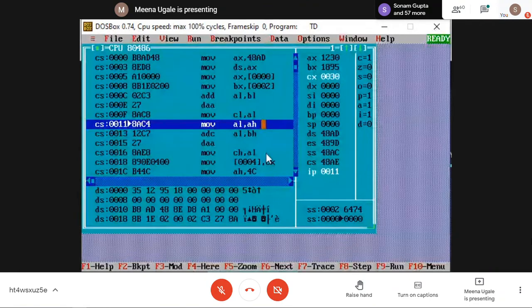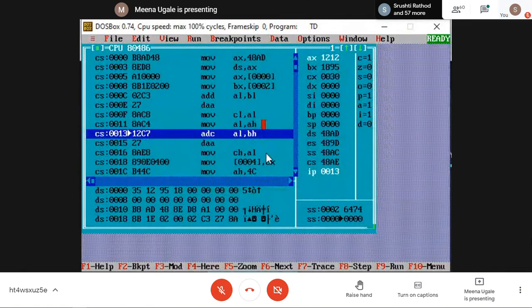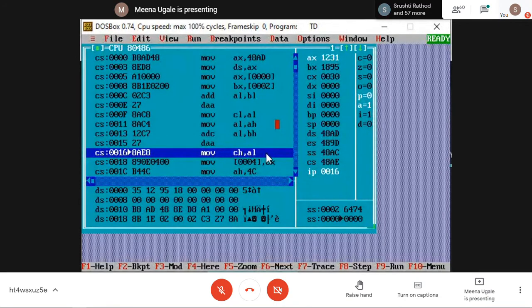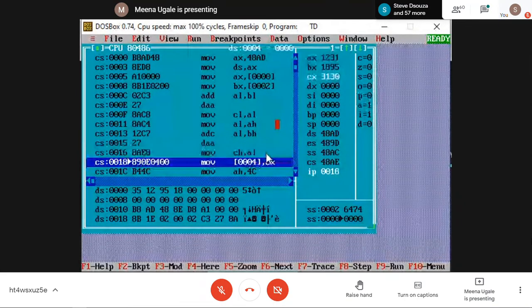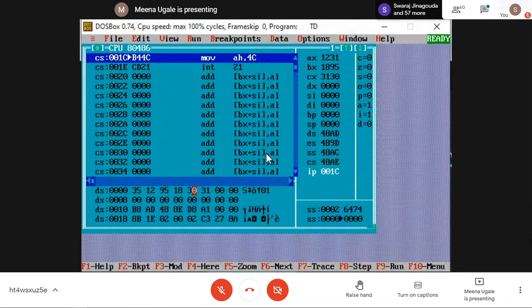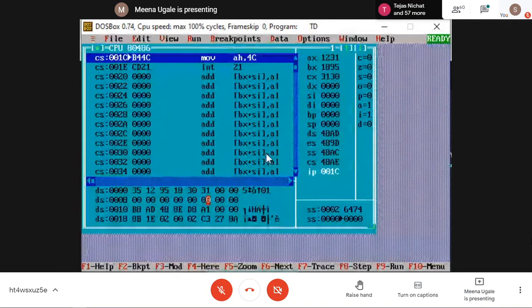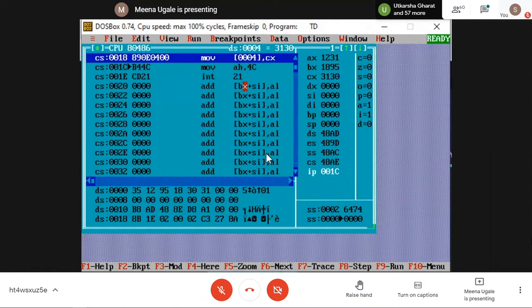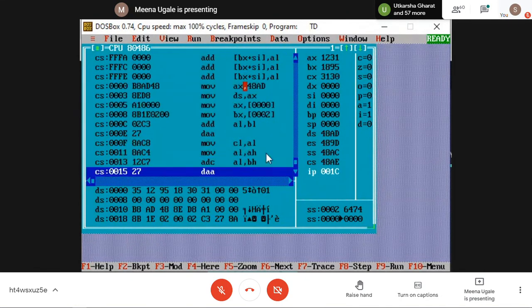Loading my AH content. Going for addition. Again DAA. Moving the answer into this one. And moving my final answer into DS. You can see this is my result: 3130. Getting this? You all are getting this?